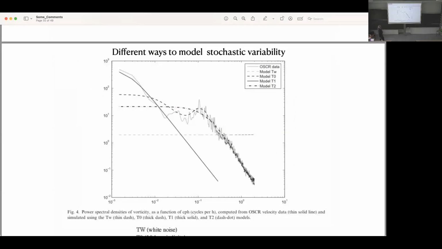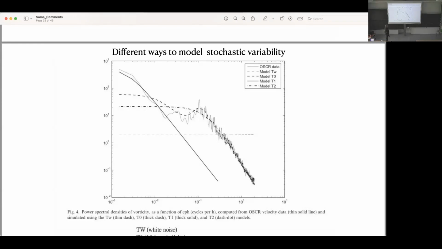And then we could try other stochastic models. This is a power spectral density function as a function of cycles per hour. Power, of course, is on the vertical axis. And we show you some different models. The light gray line here is the actual data set. A T-W model, as you can guess, has equal energy at all the frequencies, like a white noise model, Brownian type of motion. And then here we have a T0,